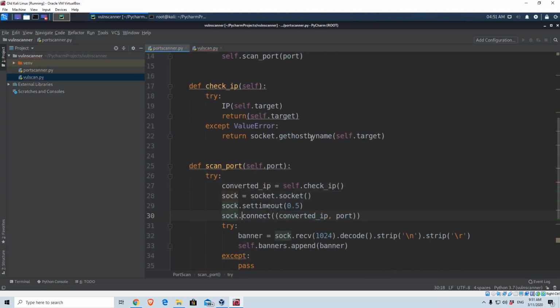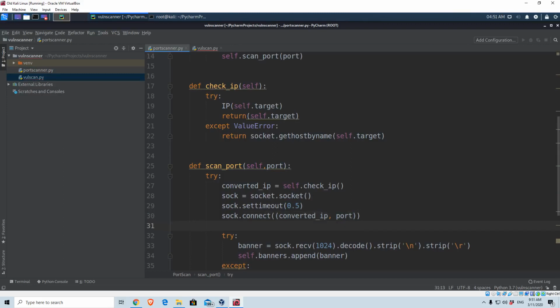And after each time we manage to connect to a port, we will add that port to the open ports list. So self.openPorts, and then